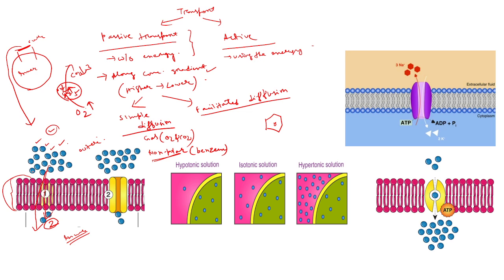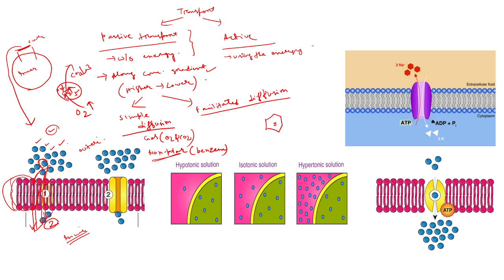Always the lipid bilayer, the plasma membrane, is hydrophobic. So that's why the hydrophobic molecule can easily pass the layer, because this is a hydrophobic molecule, and here it is also hydrophobic molecules. That's why they can mix with each other and easily pass through